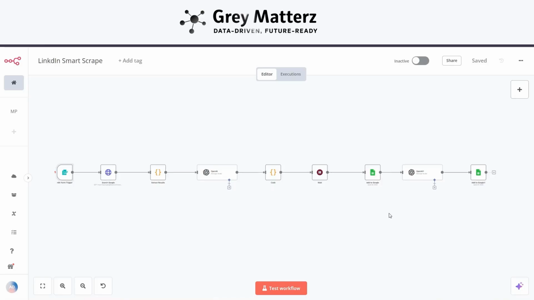Hello everyone! Tired of spending hours manually collecting leads on LinkedIn? This automation changes the game. It fetches valuable data from LinkedIn, including name, job, location, education, and interest, and saves the data directly to Google